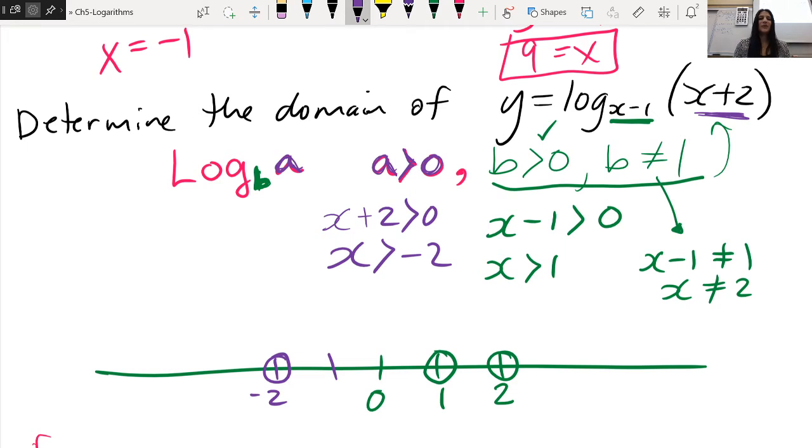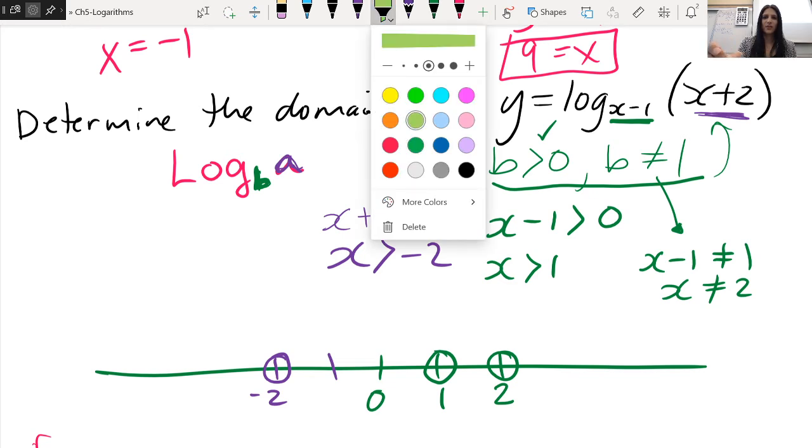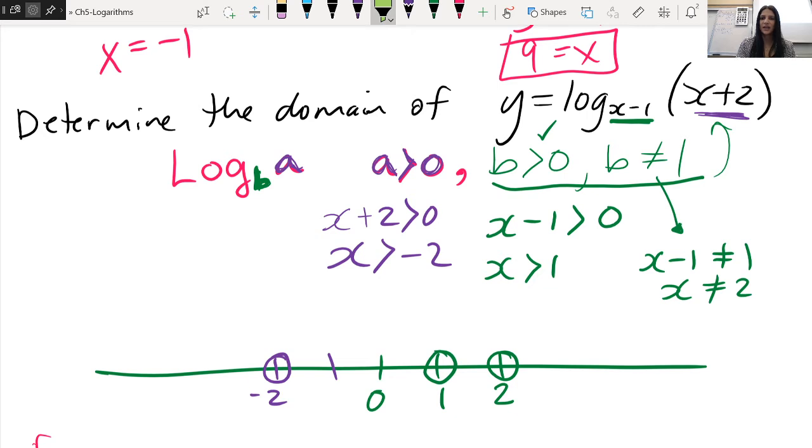So then here's how we decide which part of this makes the cut for the domain, because there's a lot of things happening here. I'll draw it sort of lightly at first so that we can make sense of this. It's saying x is greater than 1, so that would be to the right, but it's not allowed to be 2, so it would go like this, right? But then the other part of it says,